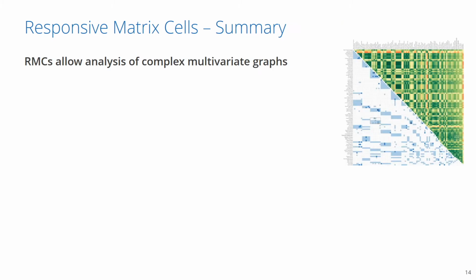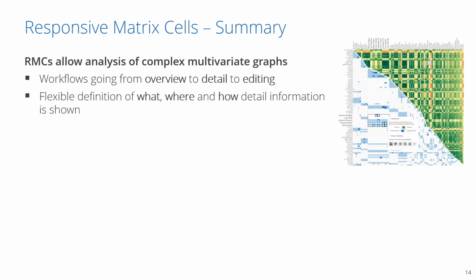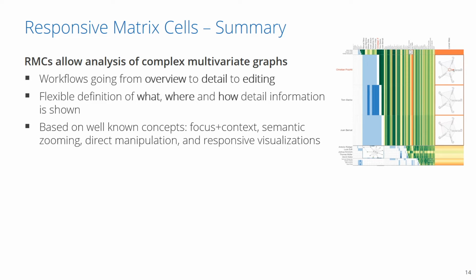As illustrated by our live demonstration and the user feedback, we believe that responsive matrix cells are a promising solution for analyzing complex multivariate graphs. They enable workflows that seamlessly go from overview to detail to editing, offer a flexible definition of what, where, and how detailed information is shown, and are based on well-known concepts including focus and context, semantic zooming, direct manipulation, and